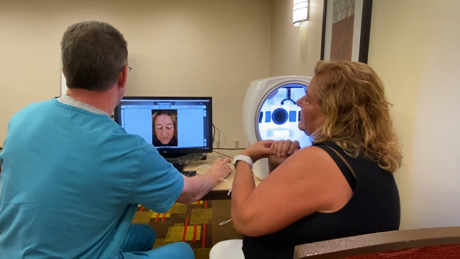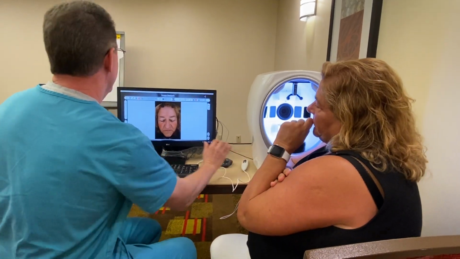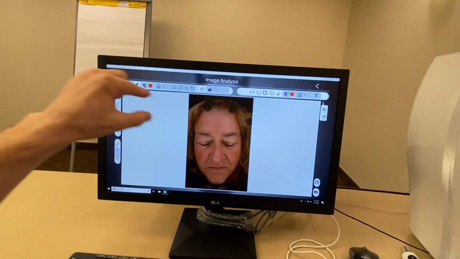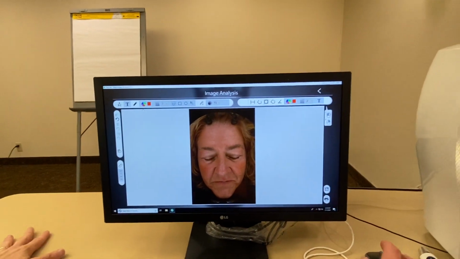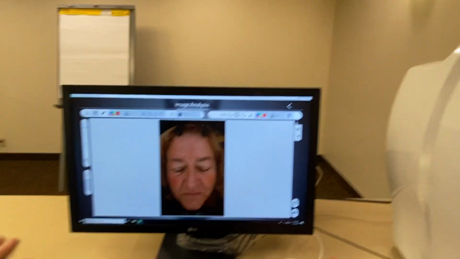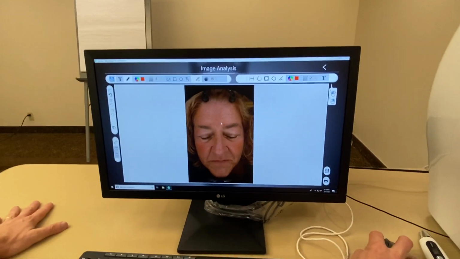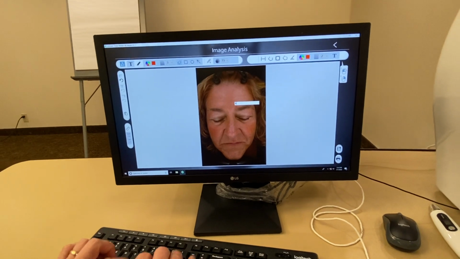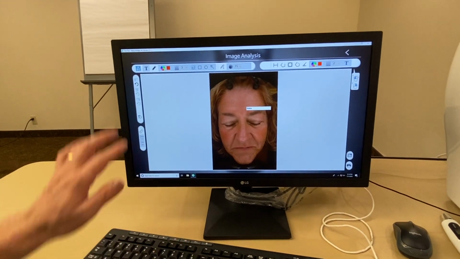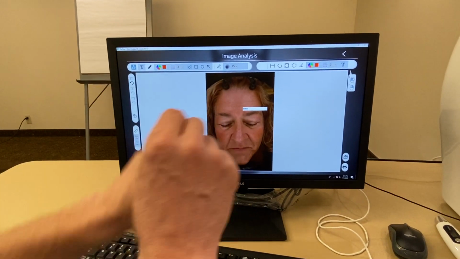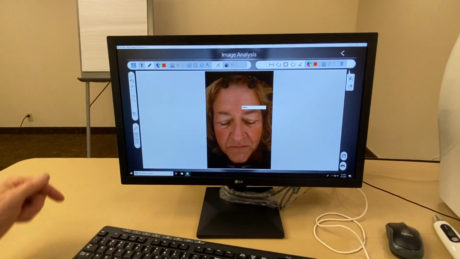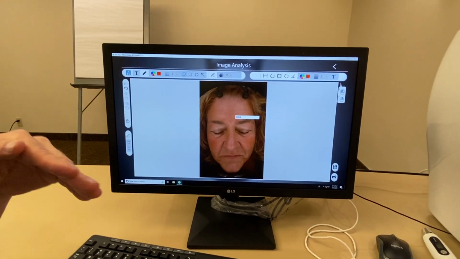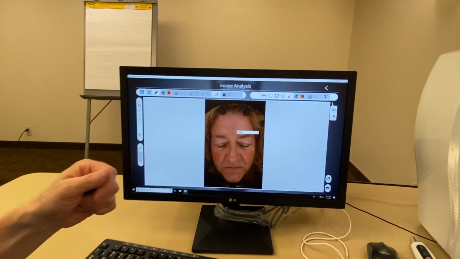Exactly. All right. So here, right, we have tools that allow us to kind of go through some things with the patient. For instance, if we want to start talking about Botox, right, we can put in here Botox. And all these pages print, you can put all this information here. You can print it, right, as the practitioner, and you can create a patient file so they can pull that out.